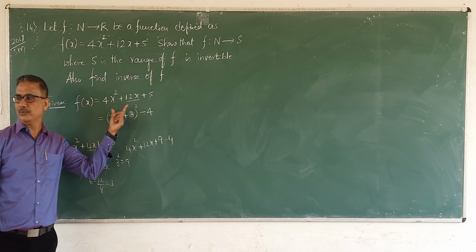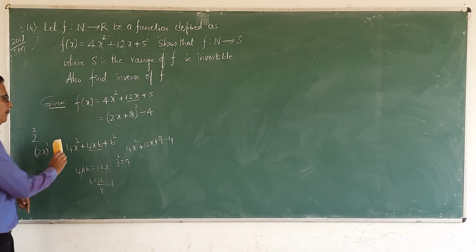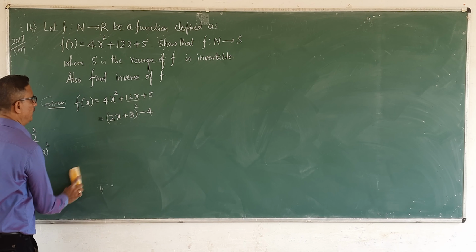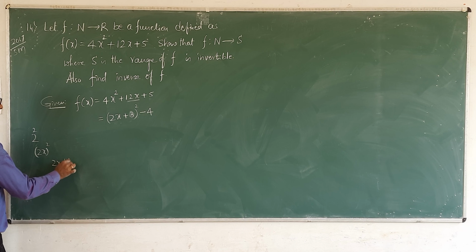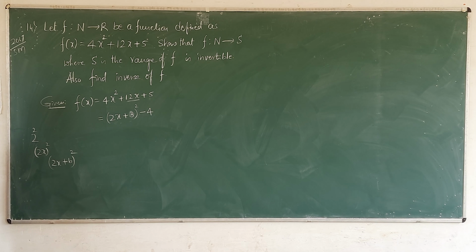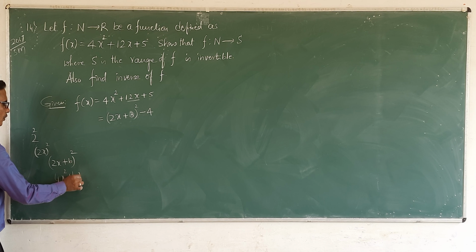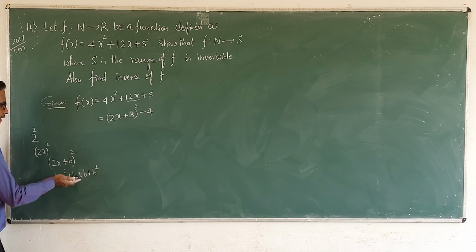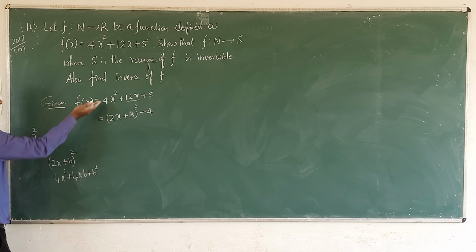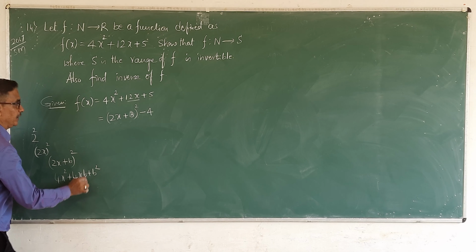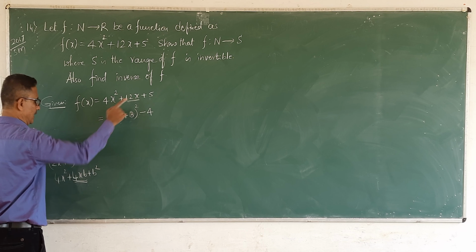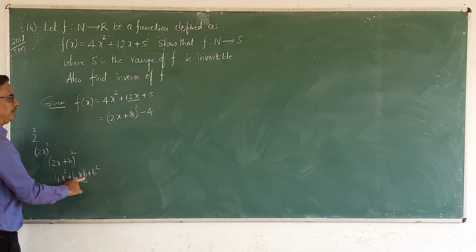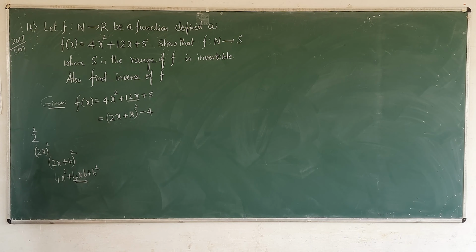Here, first convert the quadratic function into a perfect square. How to make it perfect? 4x square is nothing but (2x) whole power 2, plus the second term, call it b, (a plus b) whole power 2. Expand it: 4x square plus 2ab, 4xb, plus b square. Comparing this with that, 4x square, okay. 4xb value 12x. 4xb is equal to 12x, after x cancels, 4b is equal to 12, b is equal to 12 by 4. That is 3. We got the b value.